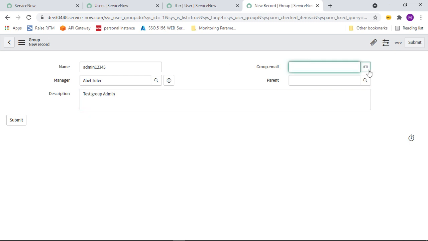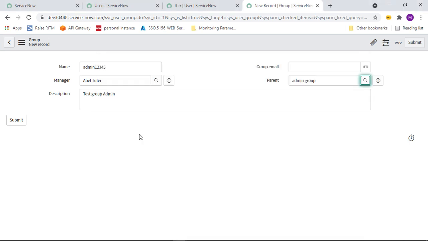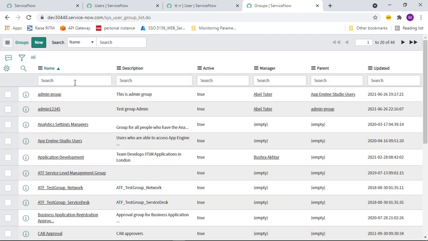Okay, here you can give a group email if you want, and you can select the parent group as admin group, or whatever group you want to be the parent. Alright. So once you click on the submit button, it will create the particular new group.